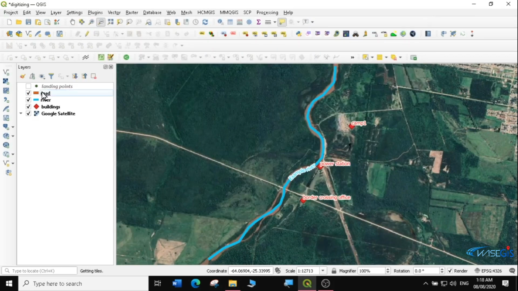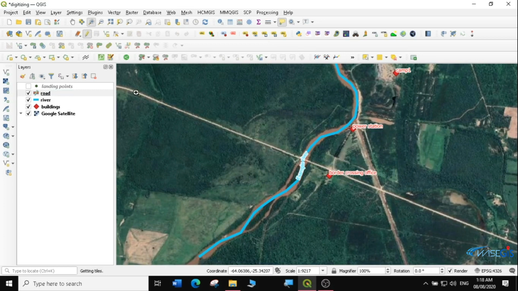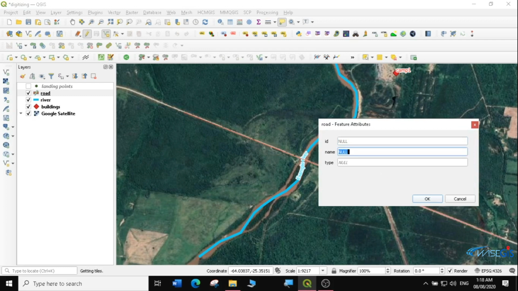Okay. Now I want to digitize it. So I'll come and select the road and select the yellow pencil again, toggle edit. Then I'll select the add line feature. Then I'll just try to zoom in on it. And then I will digitize my road. A very, very straight road. Very nice. Then I'll right click when I reach the end of the road and call it, maybe say,